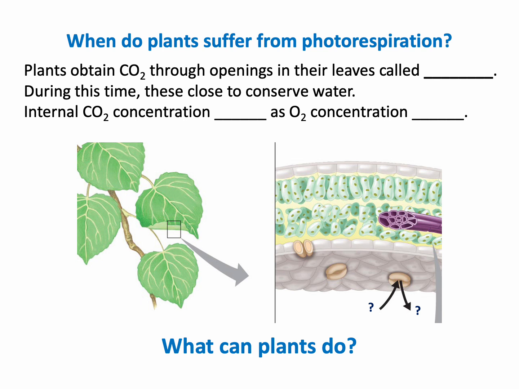So we often say that plants walk a fine line between hunger and thirst, because they're hungry, they're using up CO2, and they need CO2 to come into the system, but while they're doing that, they lose water, right? So it's this eternal struggle between, okay, what can we do? We need the CO2 to eat food, but we also lose water when we do it, right? So it's this constant struggle between hunger and thirst for a plant. So what can plants do? Well, for a lot of plants, it's not an issue. They use the C3 pathway and they're fine. But there are situations where some sort of adaptation is necessary.